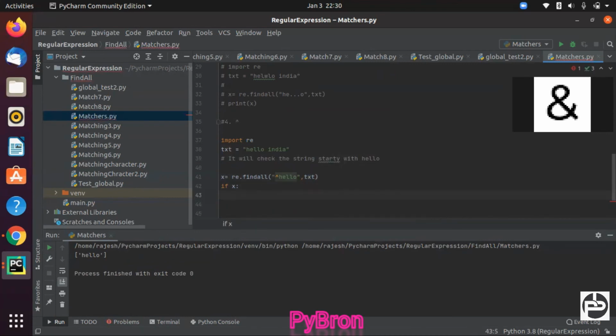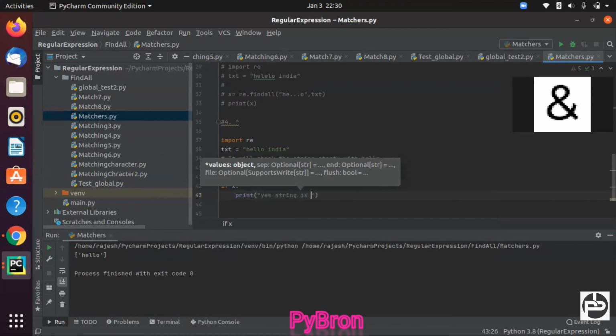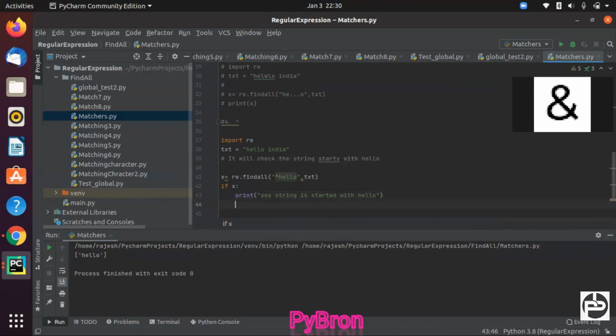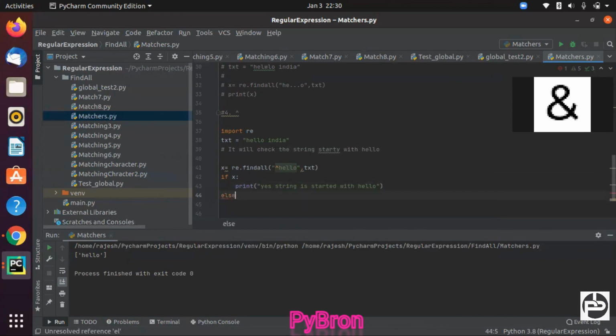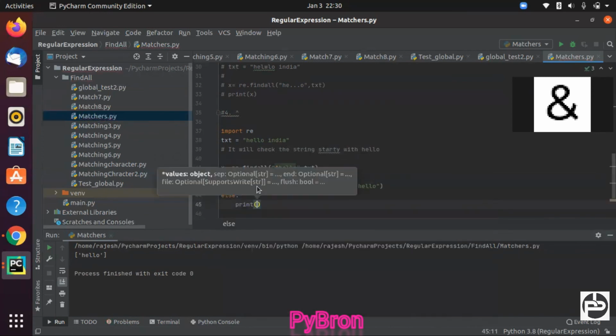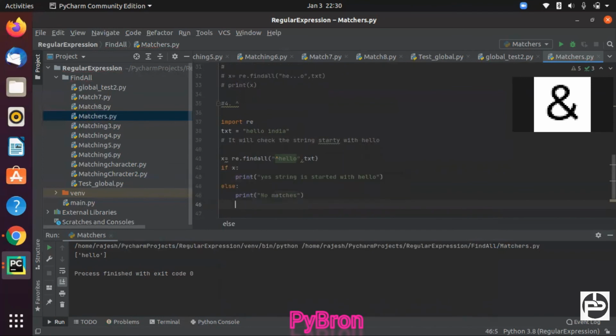If it is starting with hello, then I can print yes, string is started with hello, and else we can print no matches. That's all.